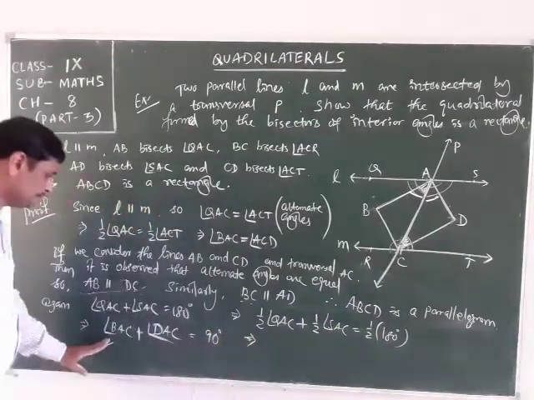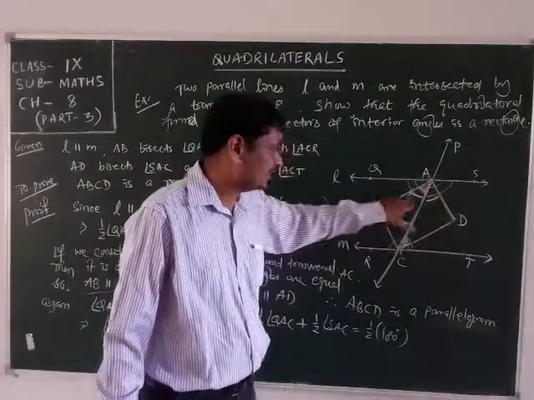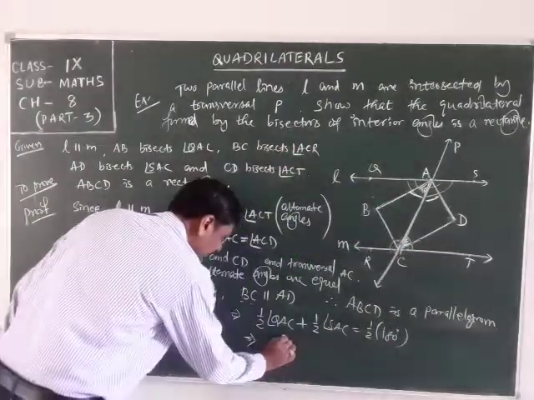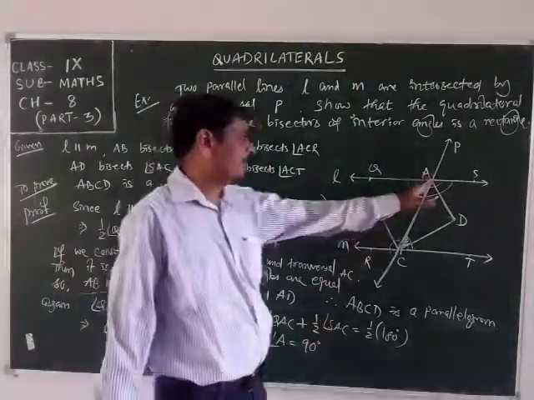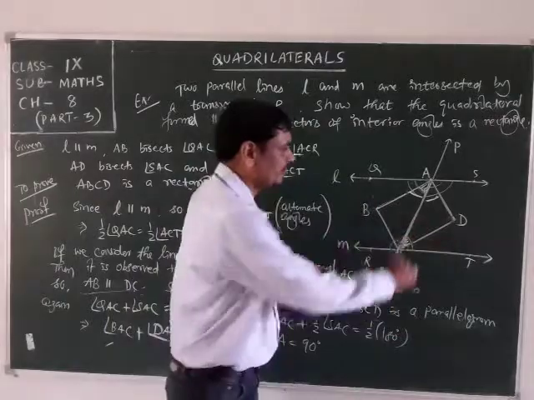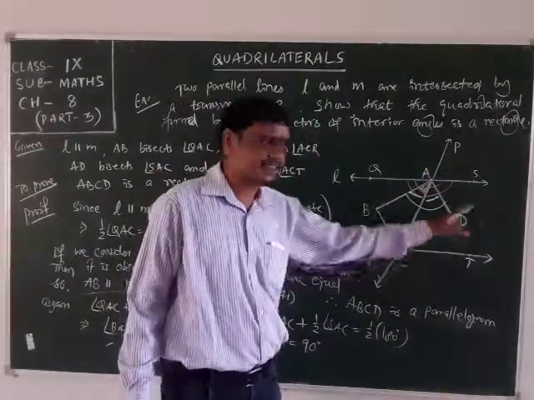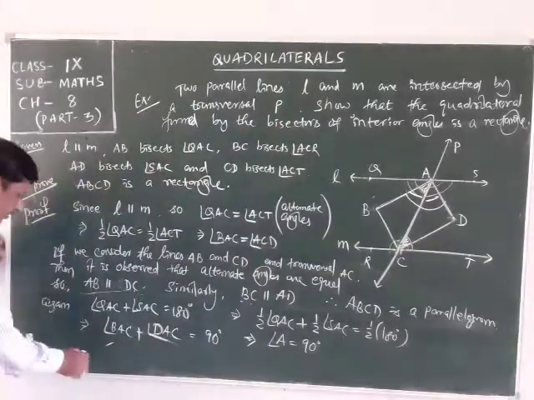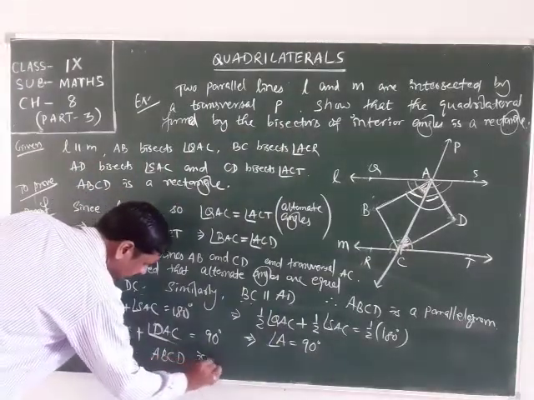This implies BAC plus DAC, that is angle A, is 90 degrees. In the parallelogram ABCD, one of the angles is obtained as 90 degrees. This implies ABCD is a rectangle. Therefore, ABCD is a